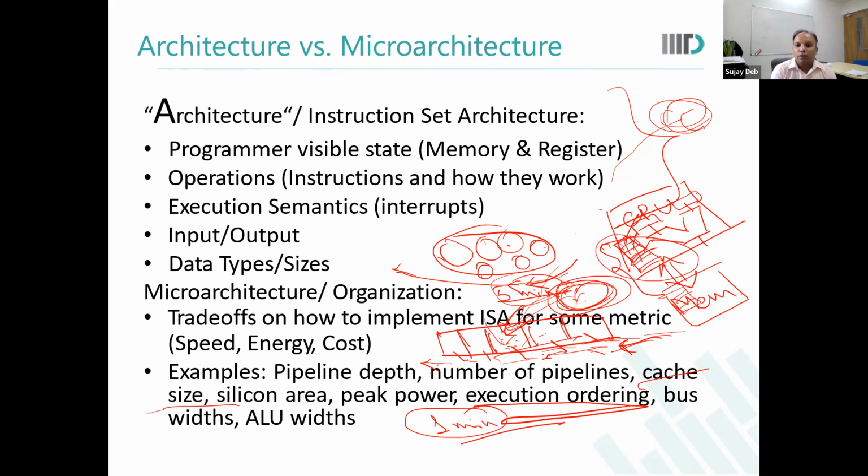For example, let's say you are trying to design a processor which will be used in an IoT application. So basically some edge, on the edge you want to do something. Now for that, you really care about the battery life. So you want that battery to last for maybe months. So in that case, you would like to prune everything else and only stick to the basic stuff. And for that, you will be implementing your ISA very differently